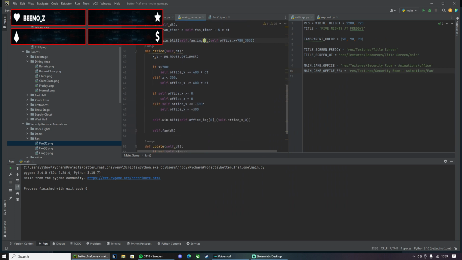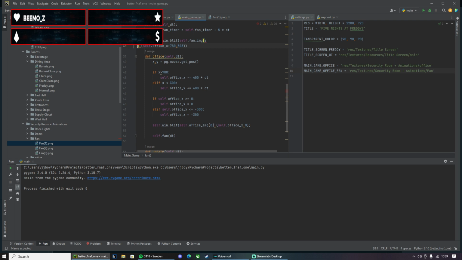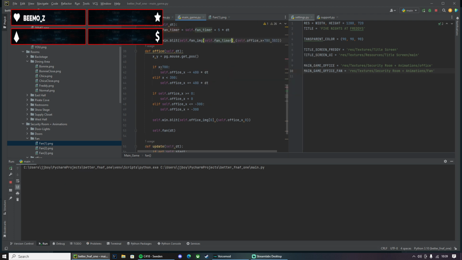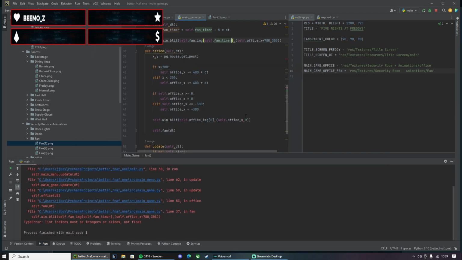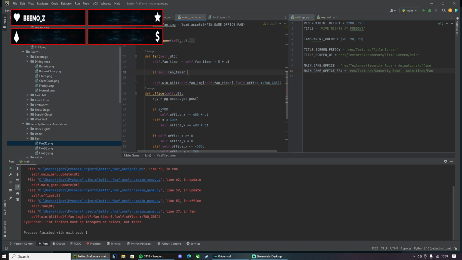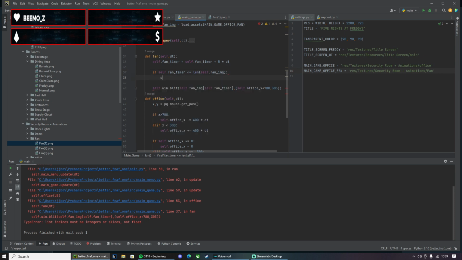So, self dot fan timer. This would spin until it's not going to work anymore, so we also need to add a thing. If self dot fan timer is greater than or equal to the length, not load, of self dot fan image, then self dot fan timer equals 0.